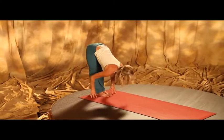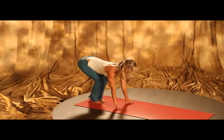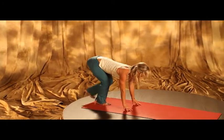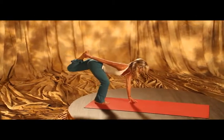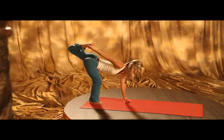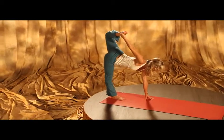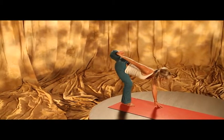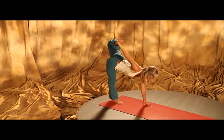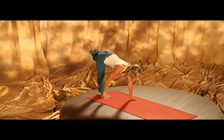Come up halfway, and this time draw your hands underneath your shoulders, bending both knees. Extend your left leg to the sky, hips square. Reach across with your right hand and catch the inside of your left foot. Elevate yourself on your left fingertips, or if you need to, you can take a block under your hands. Press your foot into your hands and continue that pulsation vinyasa so that you feel that you're not rigid but